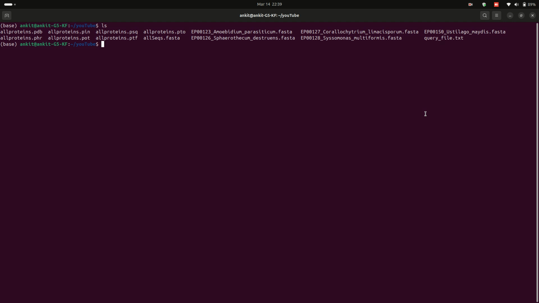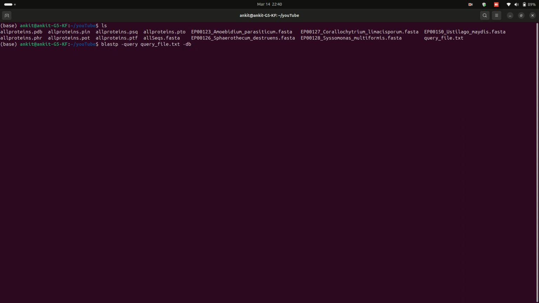and now we have our database created from all these files, and we will use this to access the database. So what we have to do, type here blastp, because we will give the query sequence which is a protein FASTA sequence. If you have a nucleotide database and you want to give a nucleotide query, you can type here blastn. But for now we are using blastp, and then type dash query. Now specify your query file. For example, this one is our query file here, so type the query file name